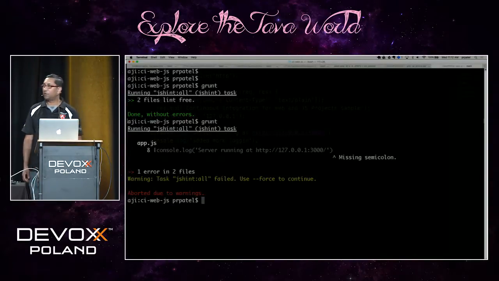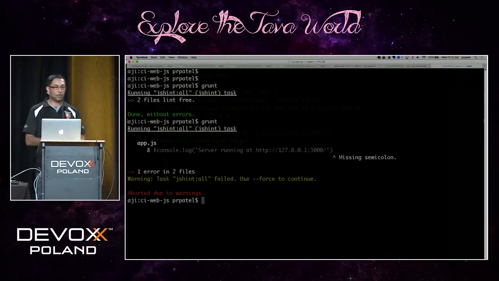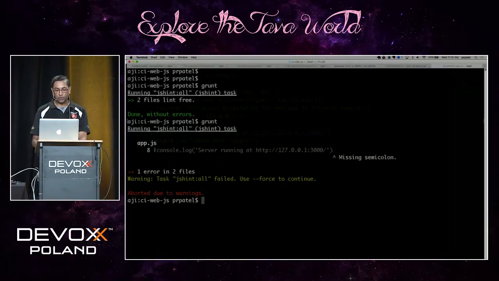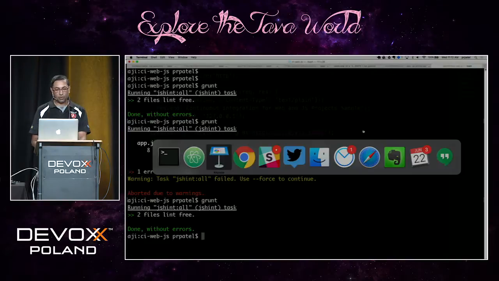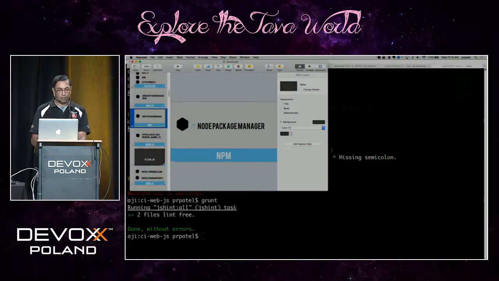So this is kind of the basics around how we set up a continuous integration system, i.e. how do we run something that we can then put into a continuous integration system. So let's go fix this, and we'll run the code again, and you'll see that we're done without errors now. Right? So all these projects are contained within